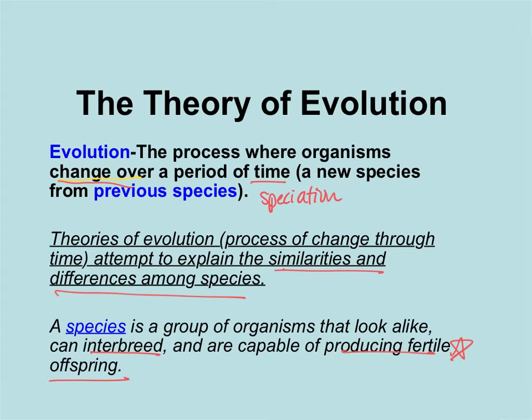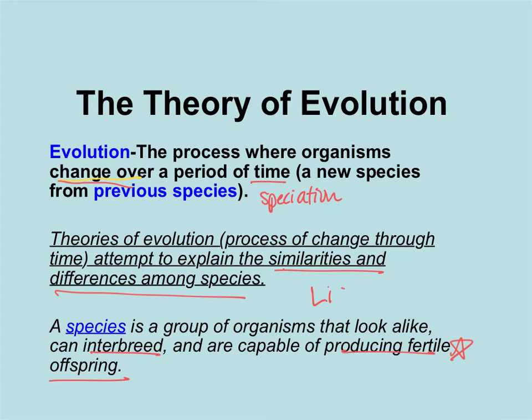So what a species is not. Like a donkey and a horse make a mule. The mule is not a species because the mule cannot mate with another mule to form baby mules. The only way you get a mule is a donkey and a horse. Now, could a horse mate with a mule? Possibly, but again, that's two separate things. So a mule would not be considered a species. They have to be able to produce fertile offspring.